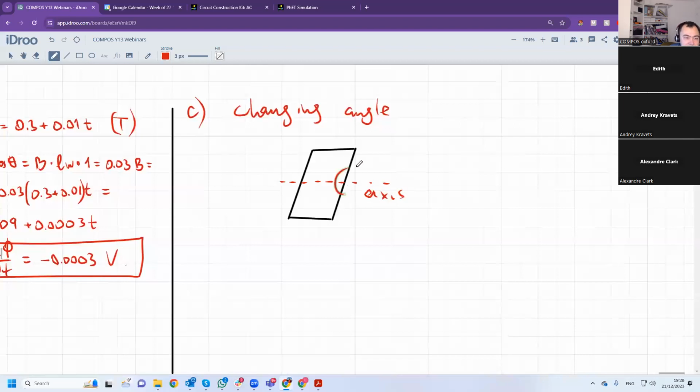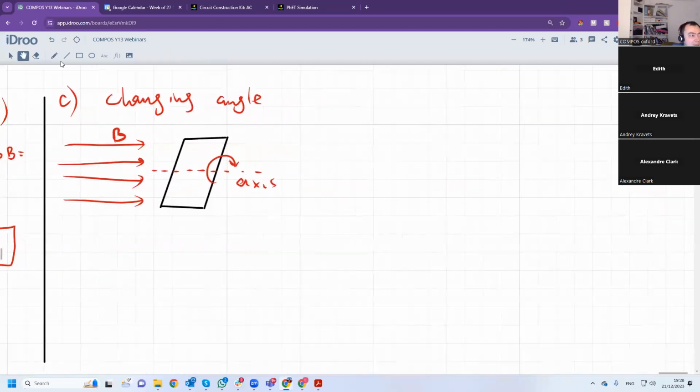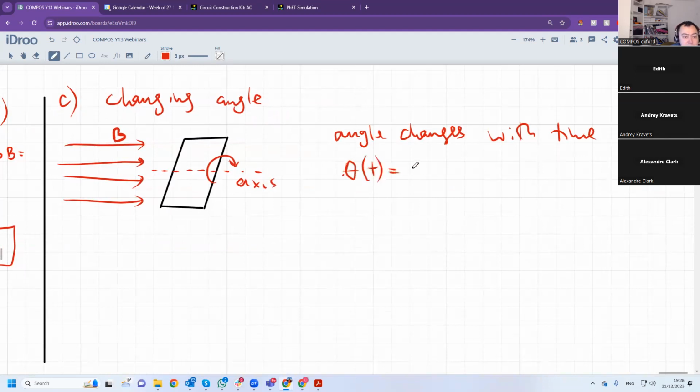So it can spin, let's say, clockwise. And there's a magnetic field. There's a uniform magnetic field, B. And the angle, theta, changes with time. So theta is omega t, right? So rotational motion, omega is the,